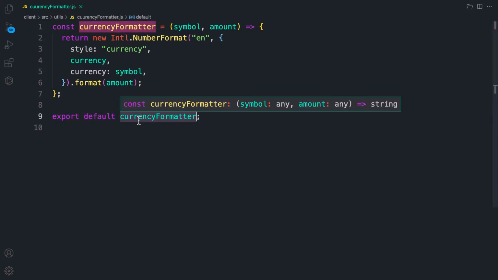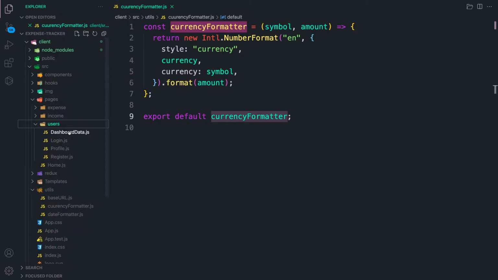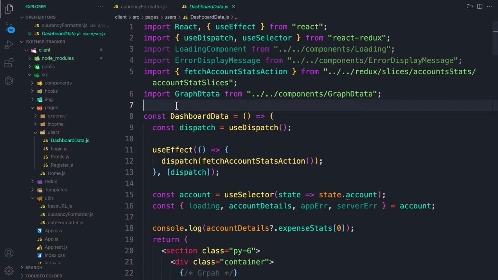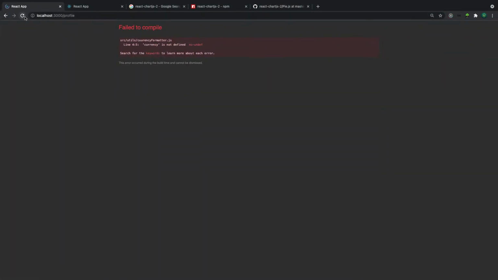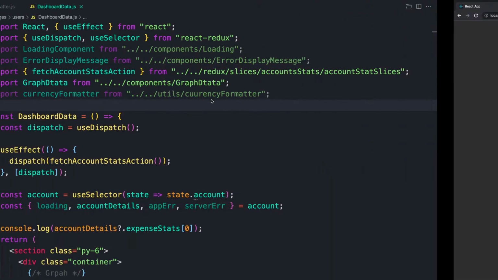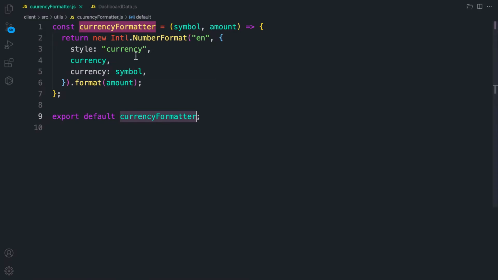So let's go to our dashboard, right? And then let's require that package. So where do we have it? Sorry. Oh yeah, I'm in the right place. I thought I did it inside a template. So let's go to pages, users, and dashboard, and let's require this function currencyFormatter as a function. Okay, so where do I need it? Let's check the project. So let's refresh. Currency is not defined. Which line? Currency formatter. Or the currency, duplication. Yeah,